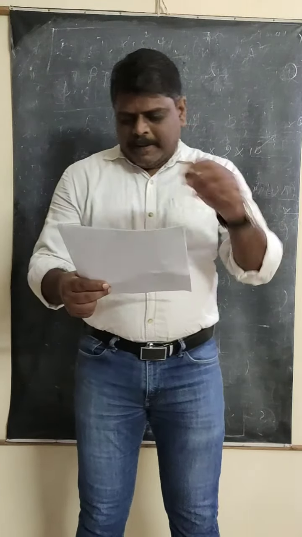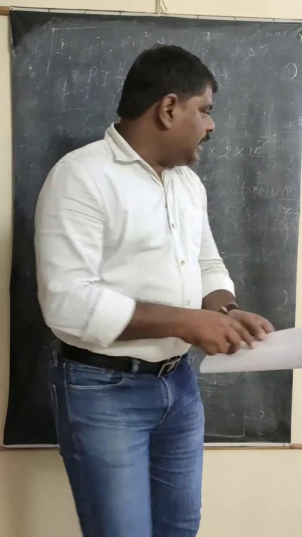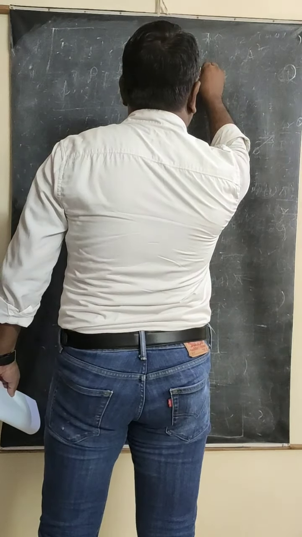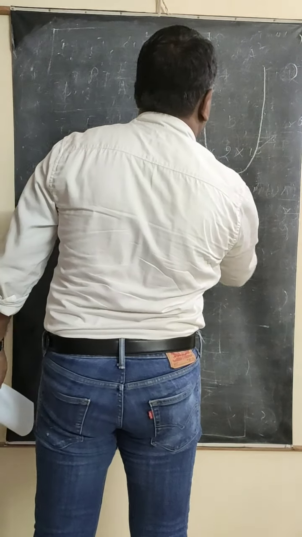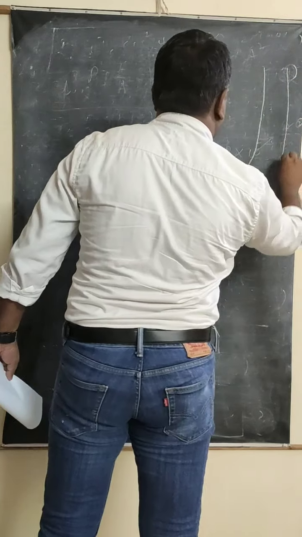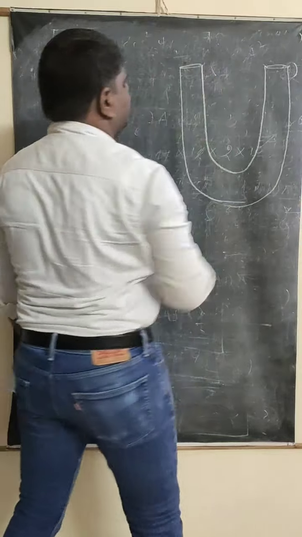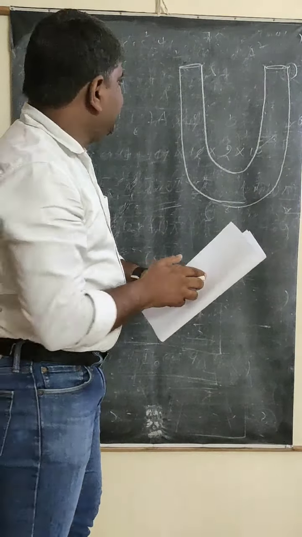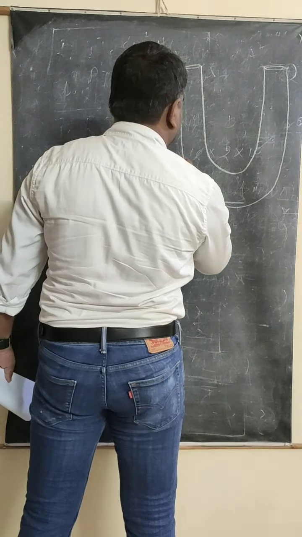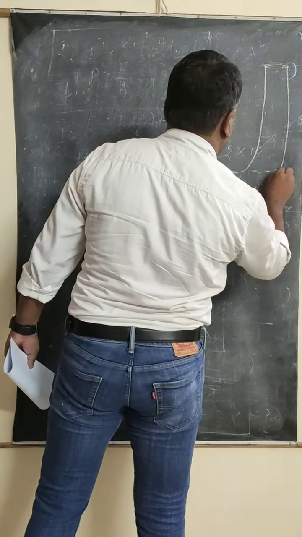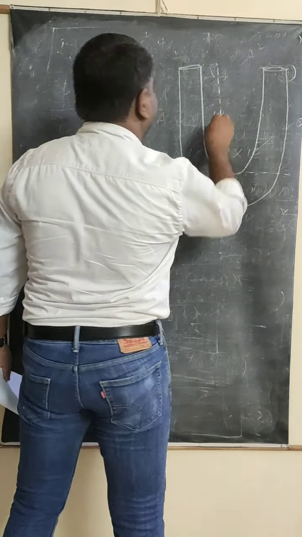Welcome back students. In the problem there is a U-shaped tube. Okay, the diagram will be like this. This is the U-shaped tube. In this one, both the liquid levels are at the same height, and up to here, what is the depth given to you? It is given 10 centimeters.